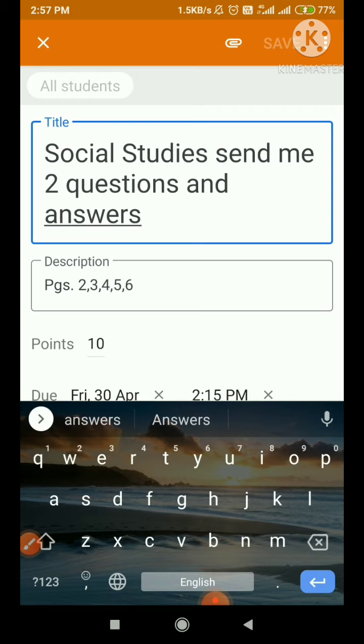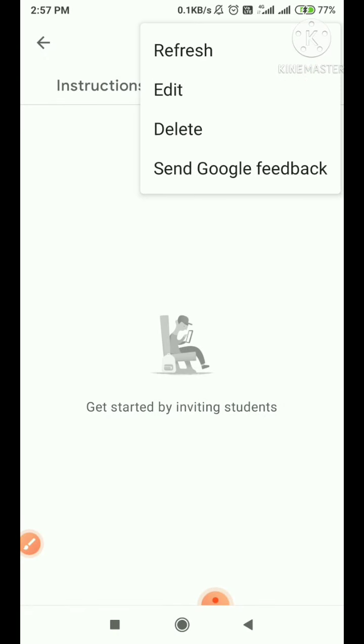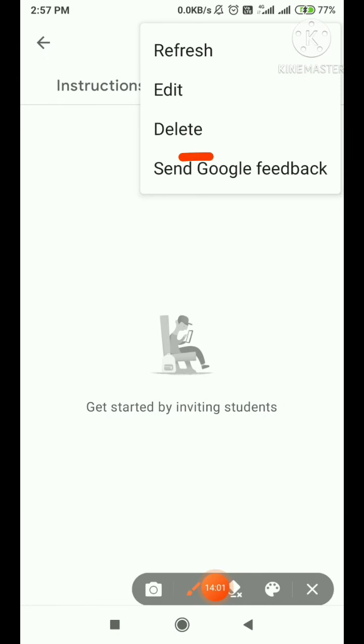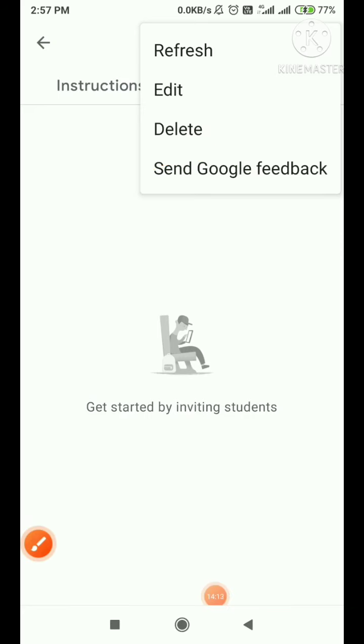As I told you, you can edit. This is the second way of editing. Okay, and then is our main point of delete, which I'll tell you at last after I explain send Google feedback. In this option, which is just down at delete, you can send feedback to Google, like how is this Google Classroom, it is very good, it is not very good, it is very bad, it is excellent. You can type from your email and send.